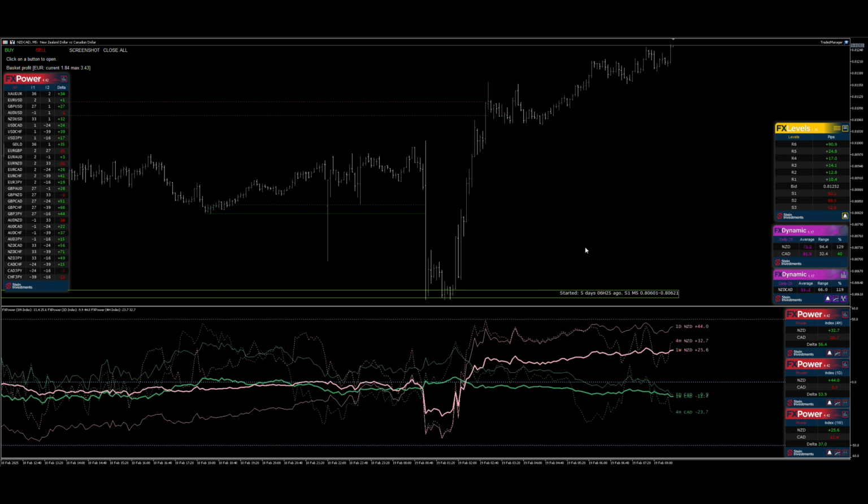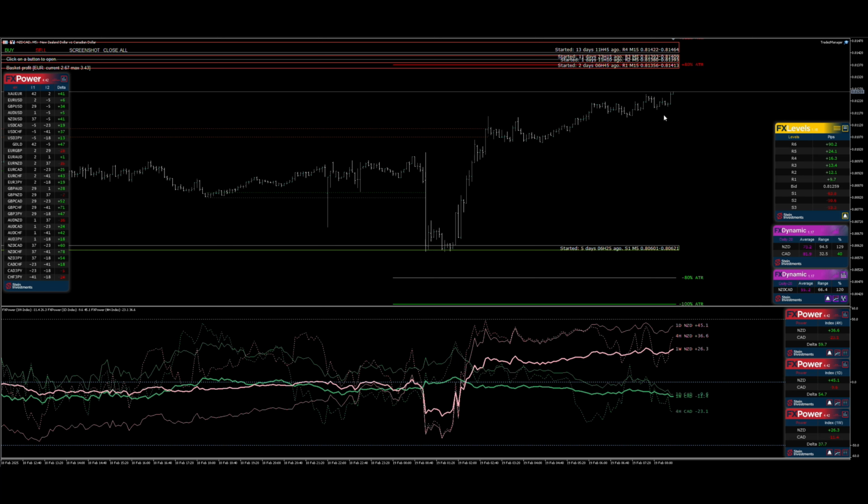Another great example is the New Zealand dollar against the Canadian dollar, also a double-sided dynamic breakout strategy setup, but we had some news from the Reserve Bank of New Zealand which caused this spike to the downside, then it went back, and all this caused an ATR of already 120% for today, so we already exceeded the usual volatility on this pair, which limits the potential for profits, and you can see that the next resistance cluster is